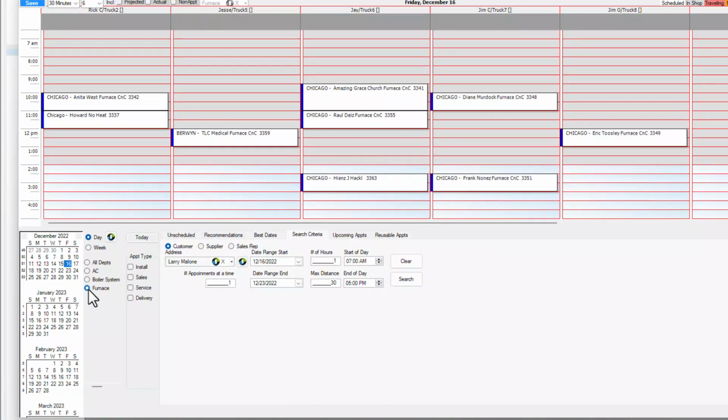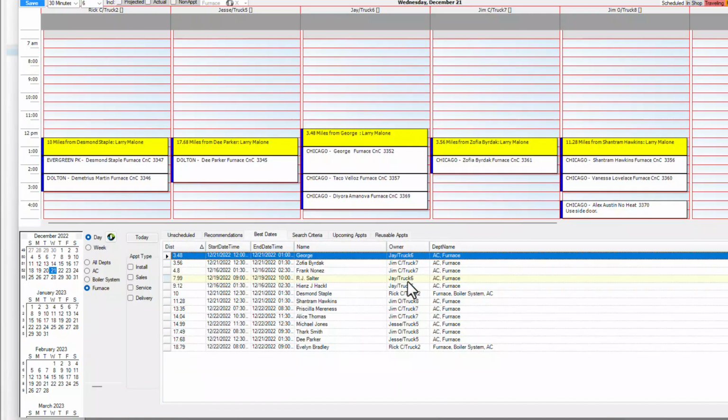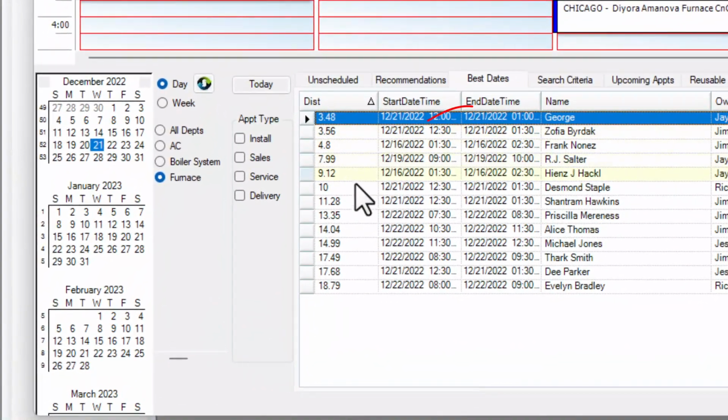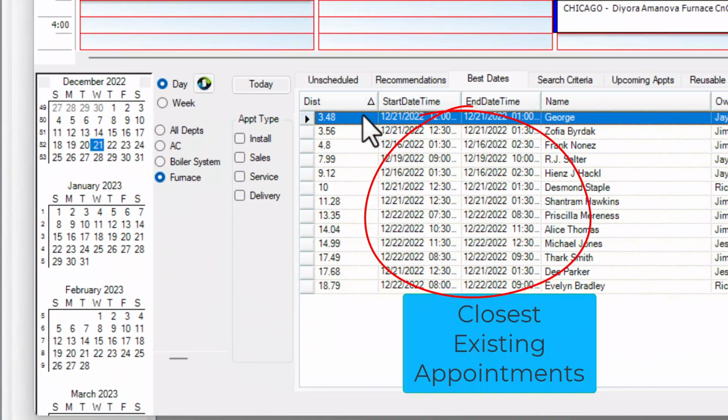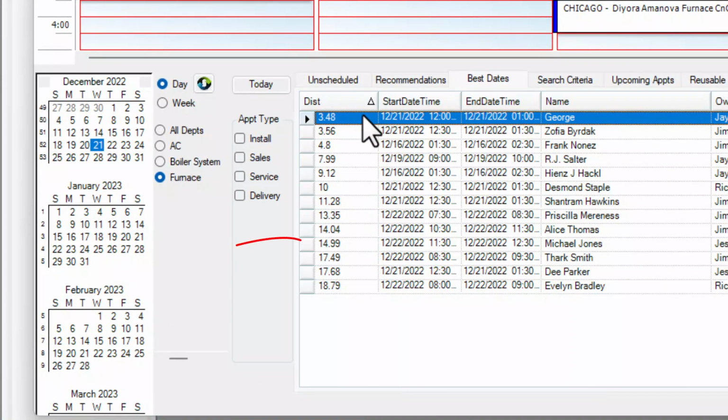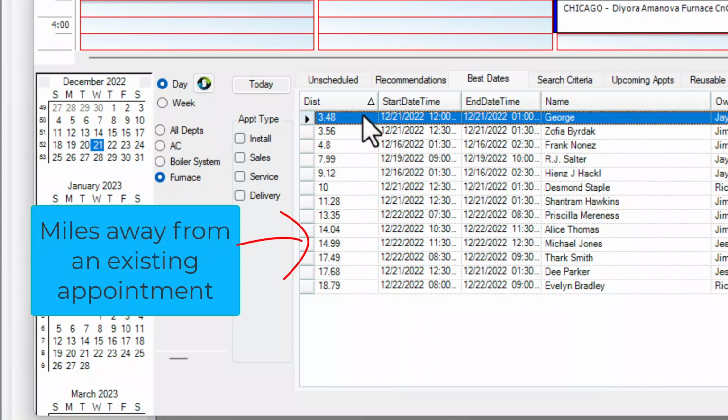So here we are, they've said it's a furnace. So now these technicians can work on furnaces. Now maybe all your guys can work on all of them, but if you've got specific guys in certain departments, you can define those departments. So I tell it furnace, and then it's already filled in Larry's name in here, and all we're doing is hit search. And it is coming back with the recommendations to when we are going to be closest to that customer. Now, in this case, we can see we're going to be closest on the 21st at 3 miles away,